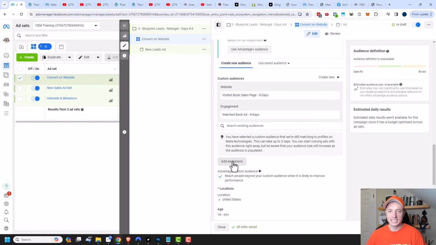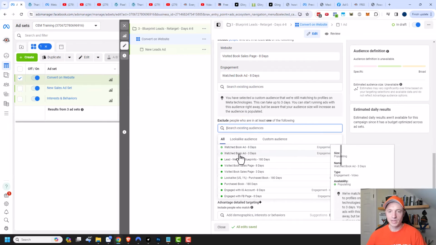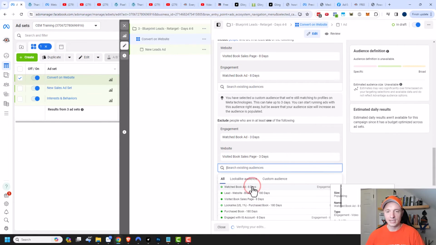And then I want to go ahead and add some exclusions. So I want to go ahead and exclude people that have watched my book ad in the last 3 days because I'm retargeting them with my second campaign, right? And I don't want to include them in this particular advertising effort, and that's why it's called staggered retargeting, because I'm staggering my campaigns and my ads so people see different ads at different times. So I'll exclude my 3-day audience, and I'll exclude my other 3-day audience,